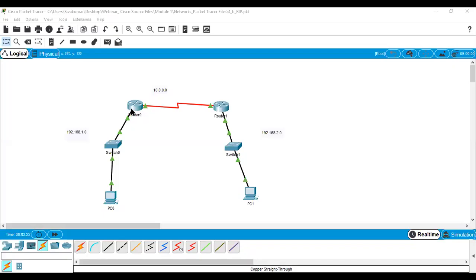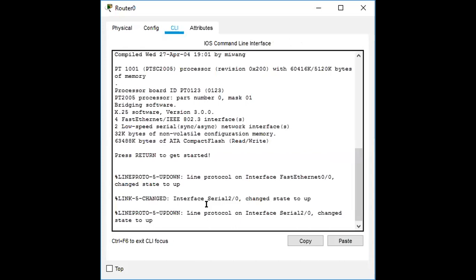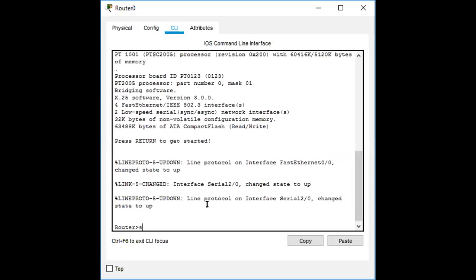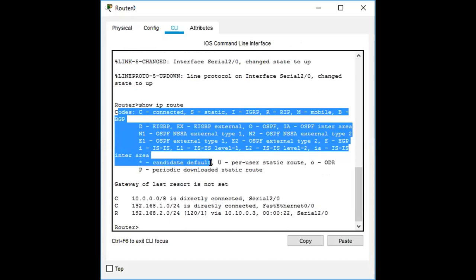Also, you can check with router 0. Go to router, go to CLI, hit enter, type show IP route. Here you can see the messages up to this one.